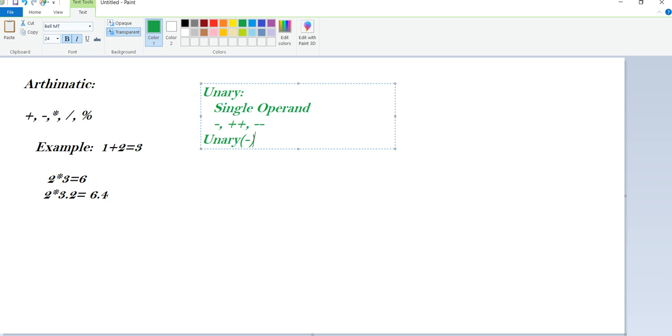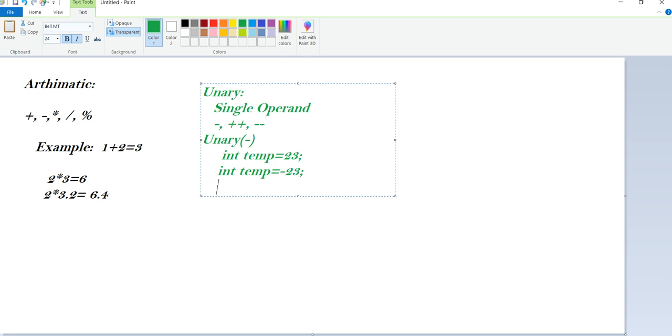If I want to convert a value from positive to negative or negative to positive, for example, int temperature equal to 23, or int temperature equal to minus 23, like this.